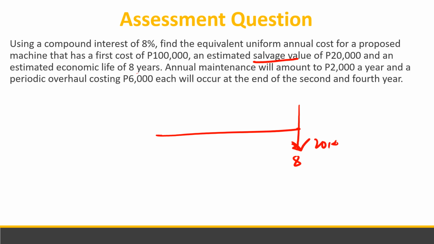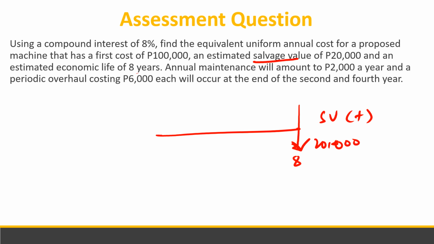So salvage value is kumbaga inflow siya. So if this equipment is used na siya, wala na siyang silbi after 8 years, so ibebenta mo na lang siya, or yung magiging salvage value na is 20,000. So salvage value is positive siya na cash flow. So that is inflow na amount,